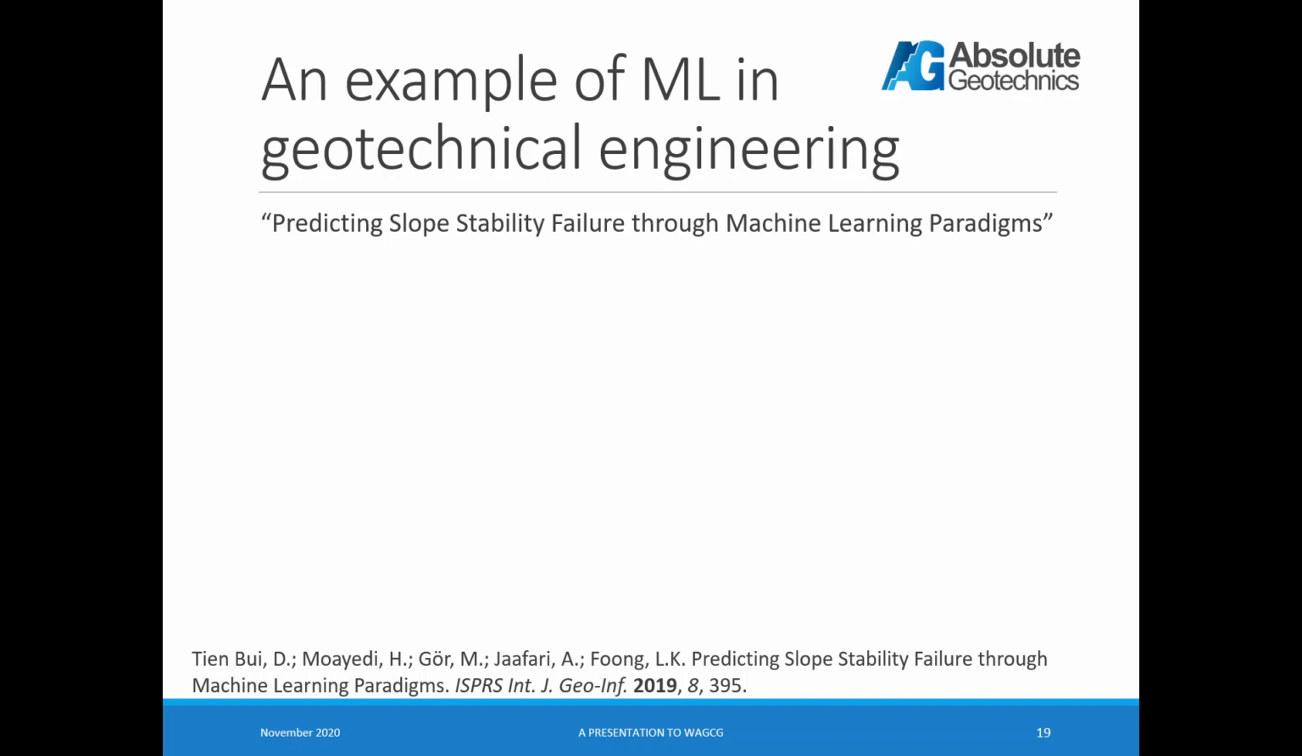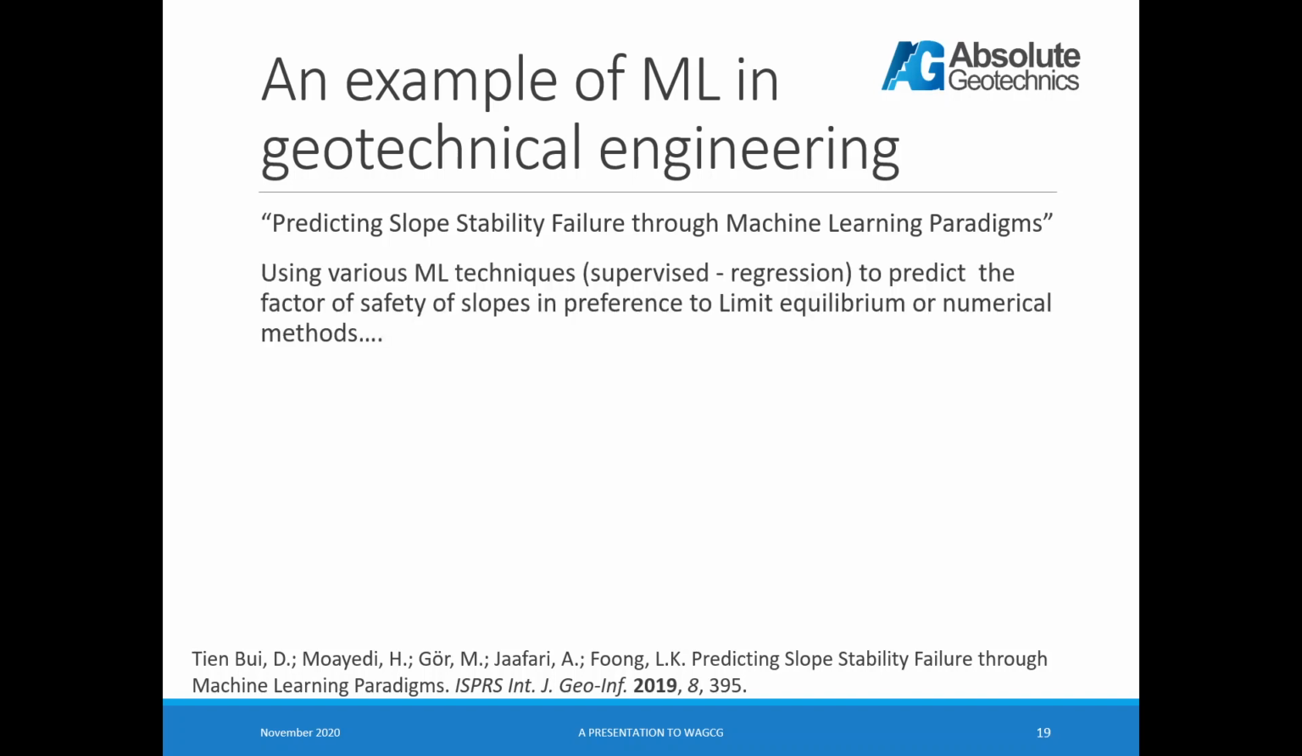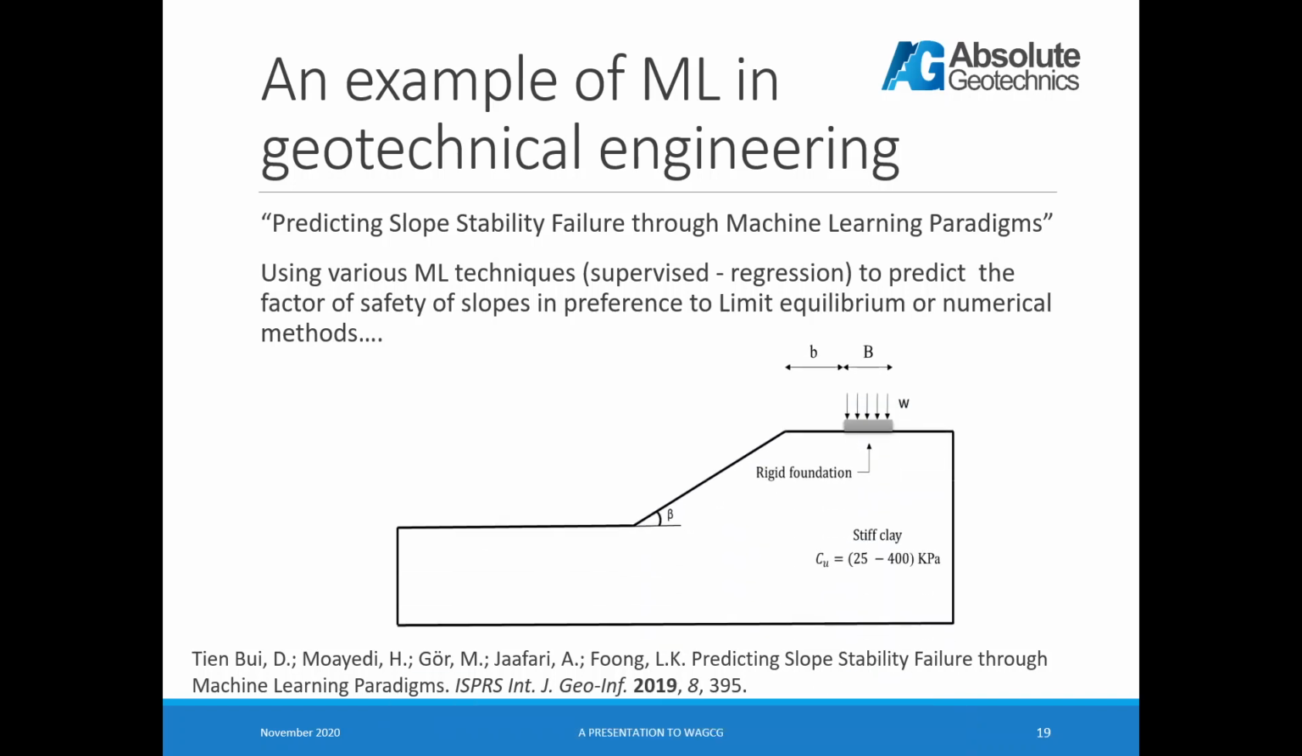This paper I also found, which really got my interest, predicting slope stability failure through machine learning paradigms, and that sounded pretty interesting. So they looked at a number of different machine learning techniques that had already been published by others, so supervised and regression to predict the factor of safety of slopes. And the idea was you could do this instead of using limit equilibrium or numerical methods. So they had a pretty simplistic slope where they varied the angle of the slope, the strength of the clay, the load on the slope and the setback of the load. And they ran, I think, about 600 stability models to try and come up with some